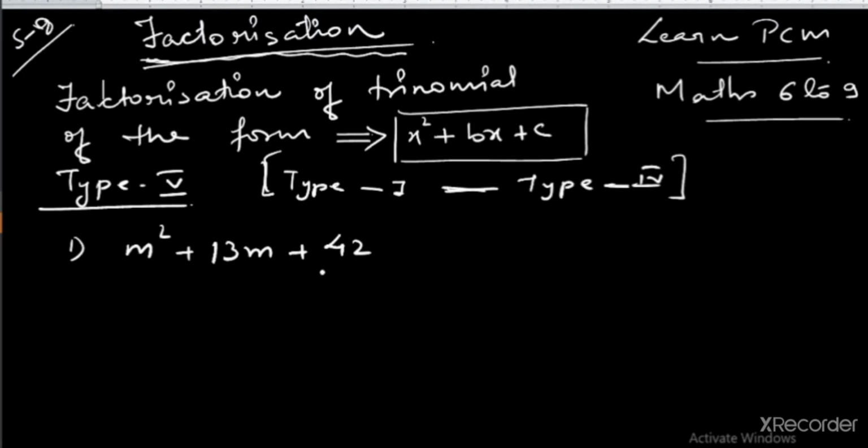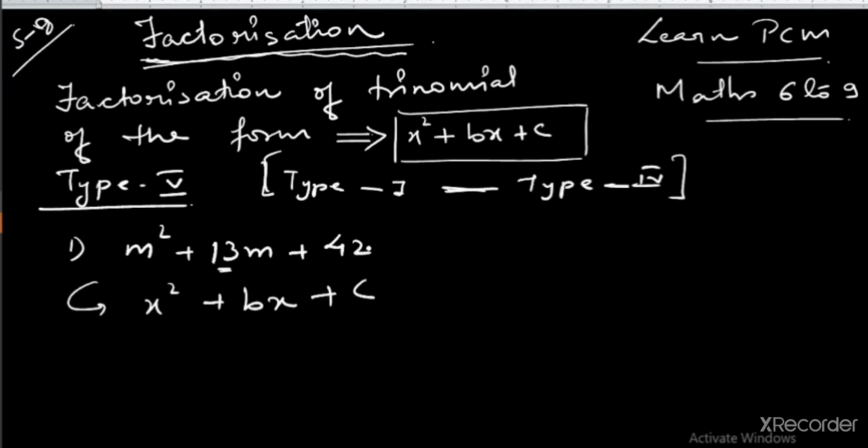For such a type of expression, you can see that this is of the form x square plus bx plus c. You can see here this is of what form? x square, the first term squared. Then this is your bx, since we have taken x, so here also you can see bx, and plus this is one constant term, so c. You can see that this expression is just of the form of this expression, right? So how to factorize such terms? Let us try to understand.